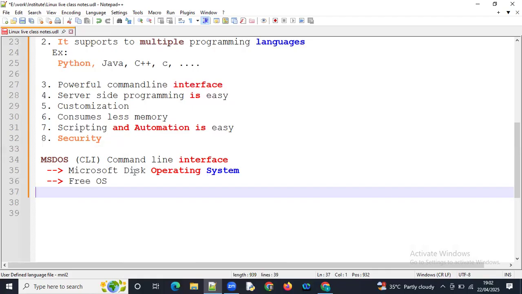These are the different types of OS we have. First, single user with single task, second, single user multitasking, and third, multi user multitasking. I need not worry about it, I will write down those points after the explanation. Just give me a minute.